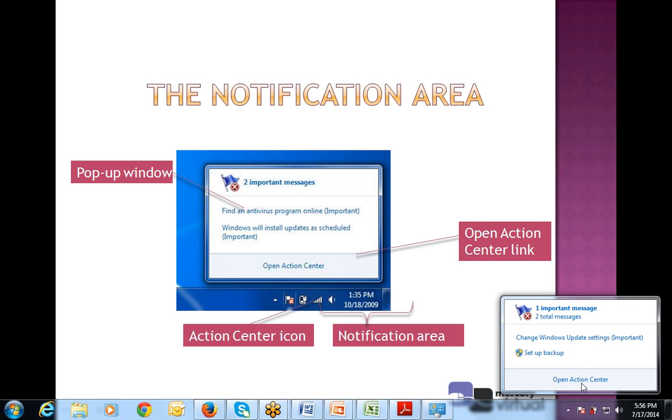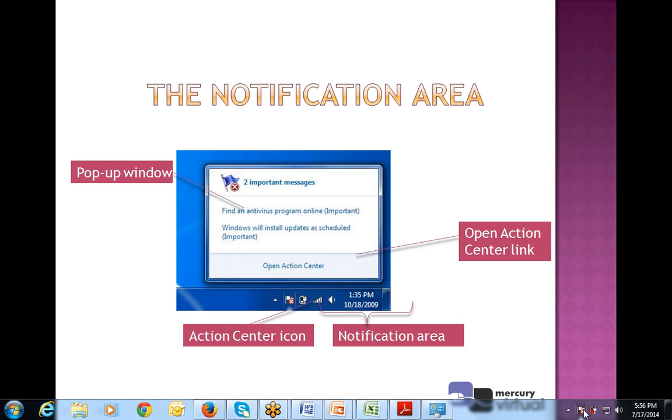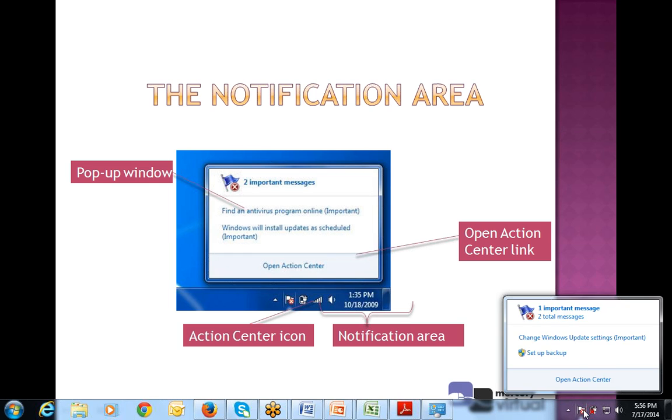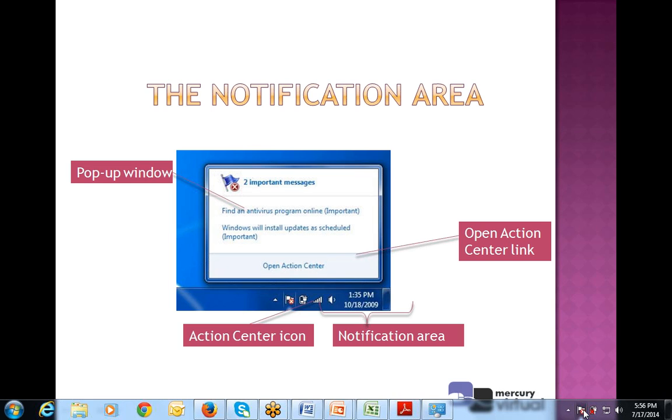And there is an open action center. This is the open action center button. With the help of this, open action center, that is a center where the error messages will arise, and it shows what tools, what applications, what methods are used for solving these errors, right? If I click on this, this is activated. If I click again, this is deactivated.